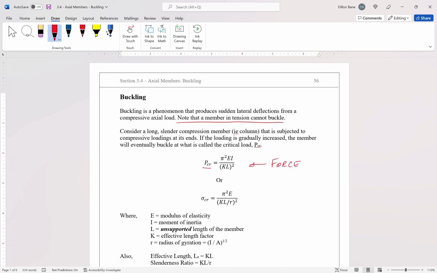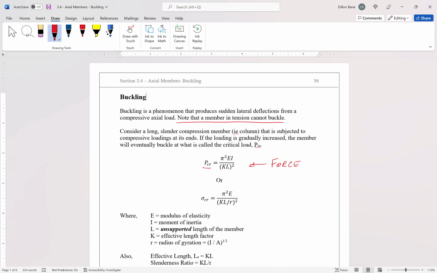I don't think it's necessary for you guys to see the derivation of this equation, but what I do want you to understand is that there are compression members out there, and when they are under a compressive load, at some point some compressive force is going to make that member buckle, whether it's a column or a pipe or something. If it gets to be under enough compression, it's going to buckle at some point, and our job as designers is to figure out what is the load that will buckle that column,